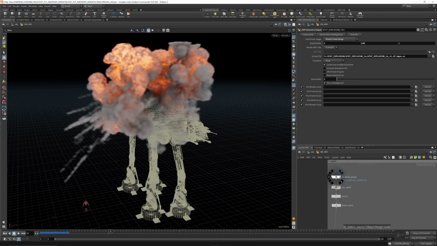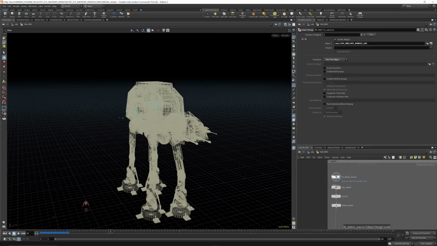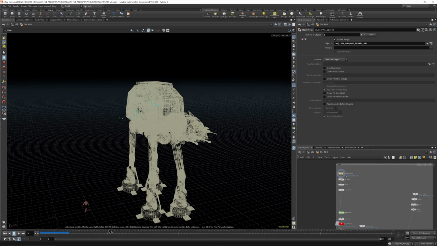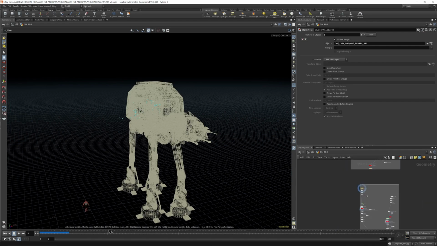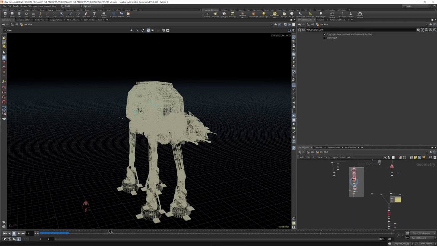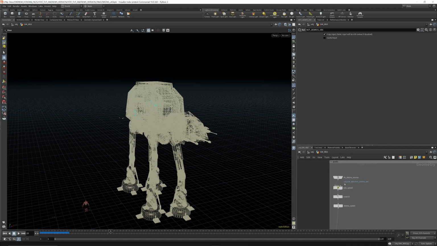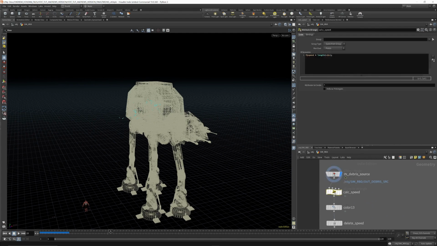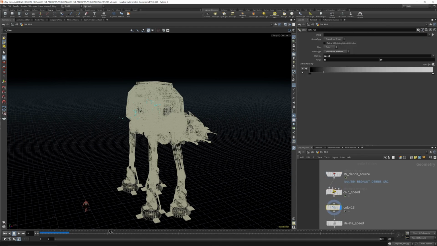The very last thing that I did is I'm reading in the debris source. So this is from our debris that we set up. So we're reading in this here. That comes in creating an attribute called speed based on the length of the velocity. And I'm then coloring this. So if I untick this here,